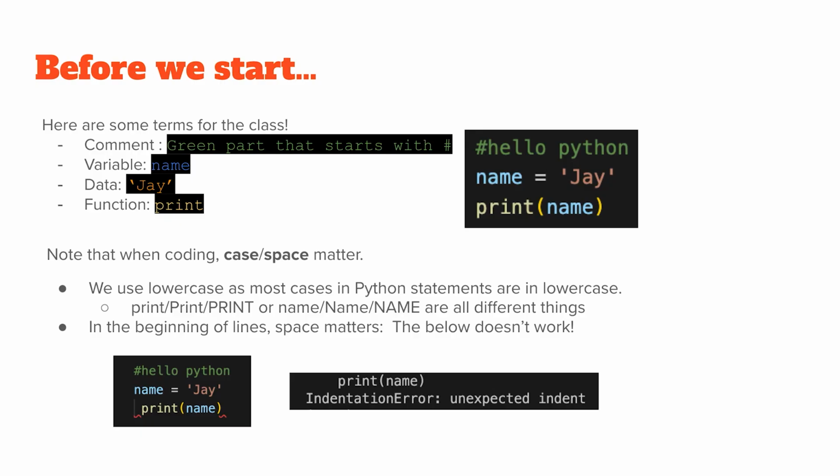Notice space and case are very sensitive in Python coding, so they matter. Python is very picky about spelling and formatting. So here, print in all lowercase letters is completely different from print with the P in caps or the O in caps. Also, indentation, the space at the beginning of the line, also matters. If a line has extra space at the beginning when it's not expected, Python will throw an unexpected indent error. So we'll see it's different from here, with the extra space at the beginning of the line, then it returns an error, unexpected indent.